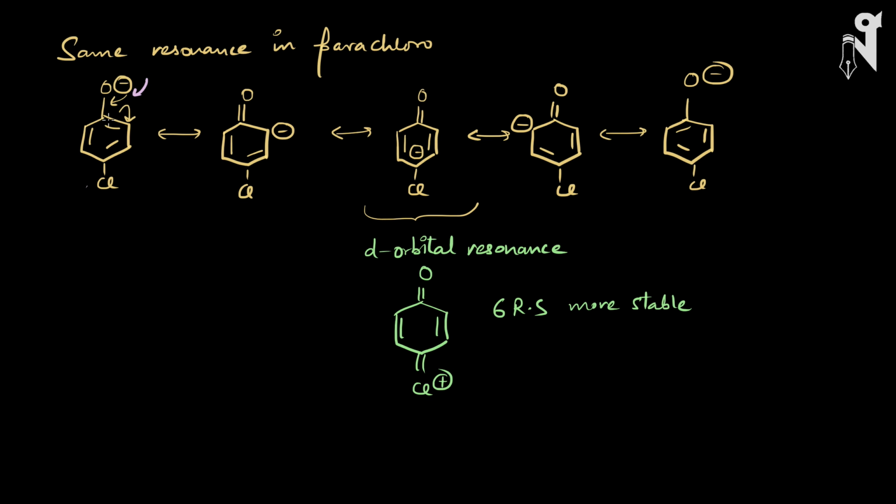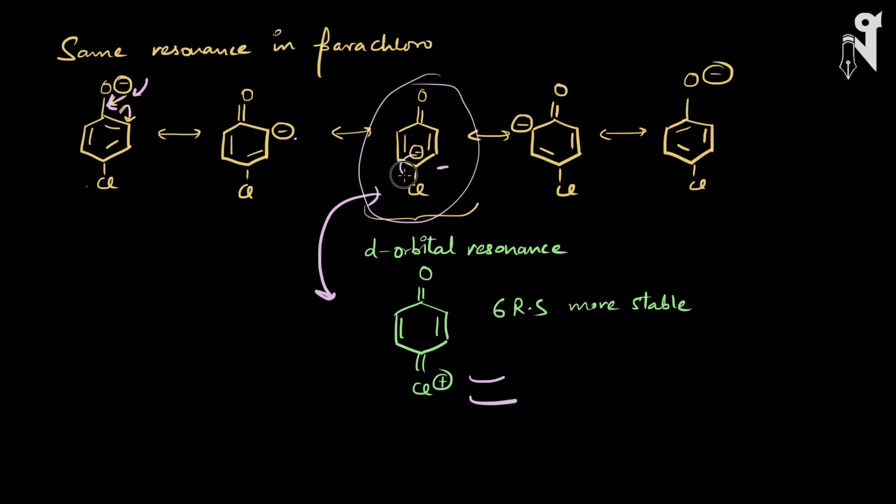So O minus will give its charge to the benzene ring. Once the negative charge is gone over here, the oxygen will give its electron pair here, this pi bond will break, and the negative charge will form over here. Then this negative charge will come to the para position by resonance. When it comes to the para position, remember one thing: now your chlorine and this negative charge can do one more type of resonance, that is d orbital resonance. Here the resonance will happen between this negative charge and chlorine, due to the empty d orbital present on the chlorine. We have discussed this conjugation in the types of conjugations, and when that happens, this is how the species will be formed.